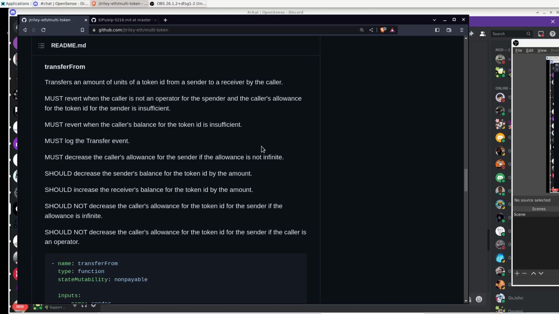Now, there's a little bit of a gotcha here. I'm going to add a condition here soon, but basically to say that however much the sender's balance decreases by, that's how much the allowance should decrease by, right? So if you have something like a fee on transfer token and only a certain number of tokens are transferred from the sender, that's how much the allowance should drop by, however much it decreases.